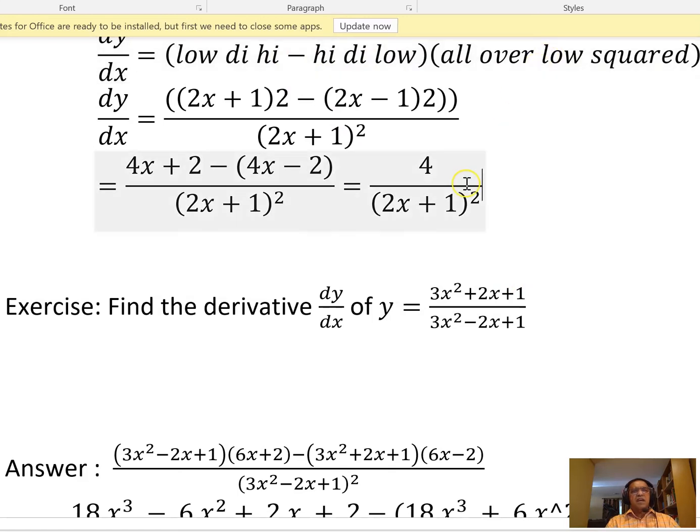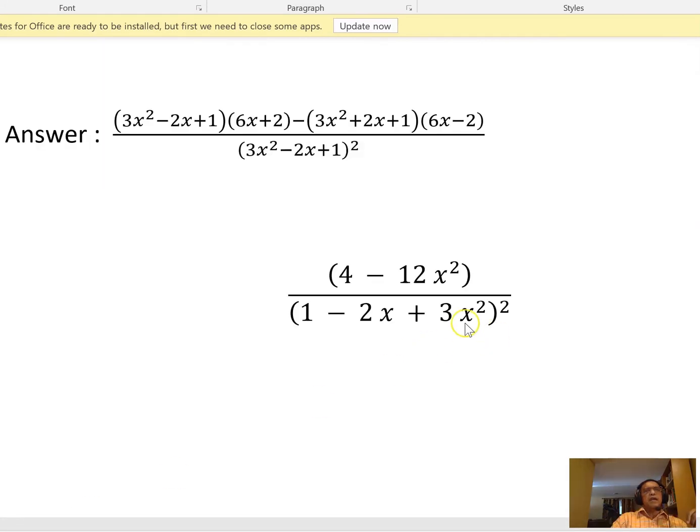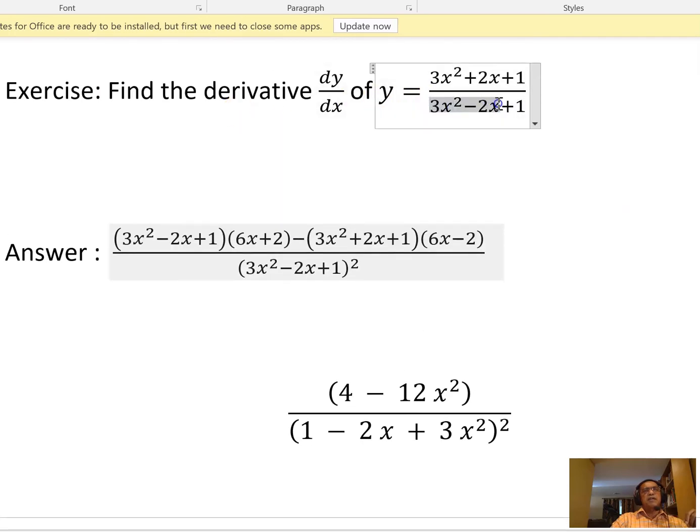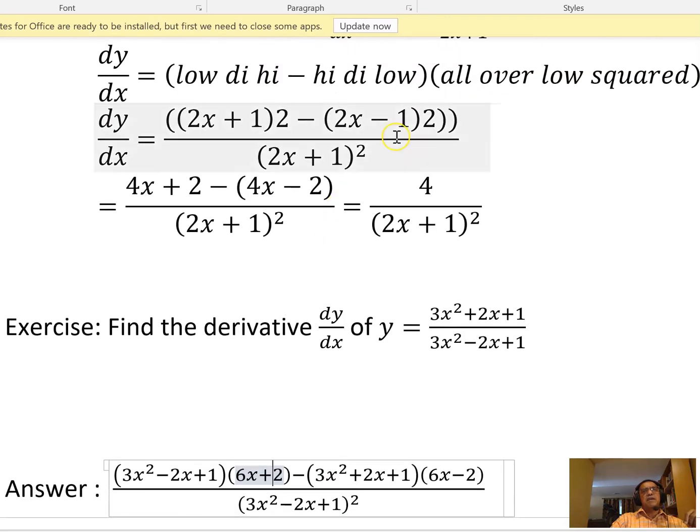As an exercise, I would like you to now find the derivative dy over dx of this. You can pause the video and then come back to that. Coming back, if you want to get the answer to this, what you do is you put low d high. Low is this 3x squared minus 2x plus 1. Derivative of the high, which is the derivative of this. If you take the 2 in front, you get 2 times 3x, which is 6x, plus the derivative of 2x is 2. The derivative of 1 is 0, so you get 6x plus 2 here,